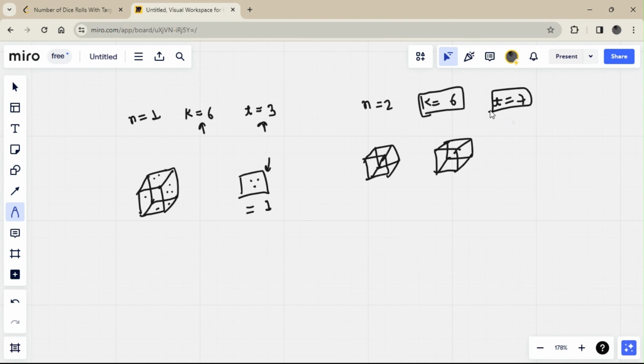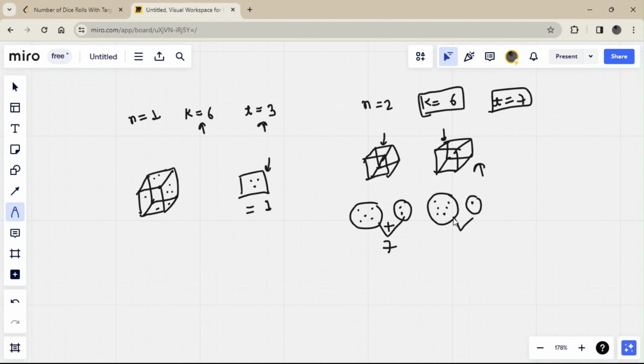We have to return the number of ways which give the target sum 7. So let's suppose we throw these two dice. If the first die comes with face value 5 and the second die face value becomes 2, this is a possibility that adds up to 7. Another possibility: let's suppose the first die has 6 on the face and the second die has face value 1.